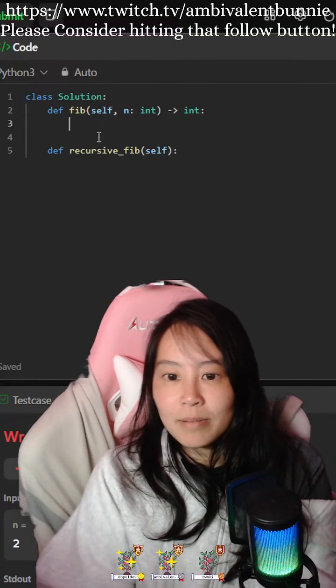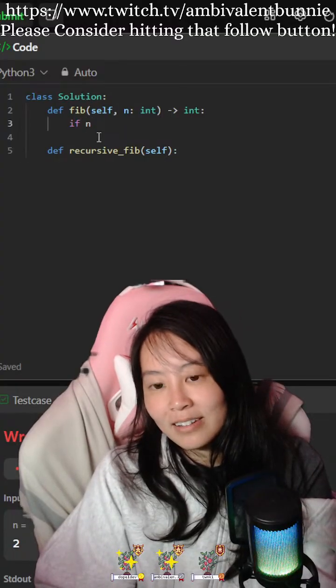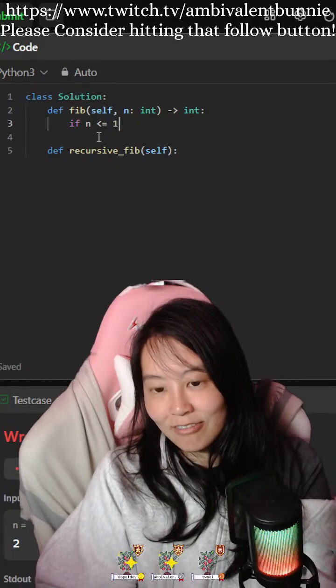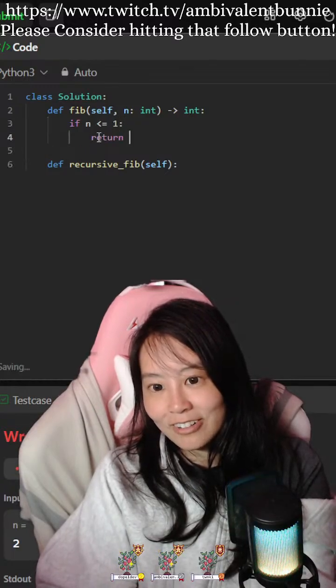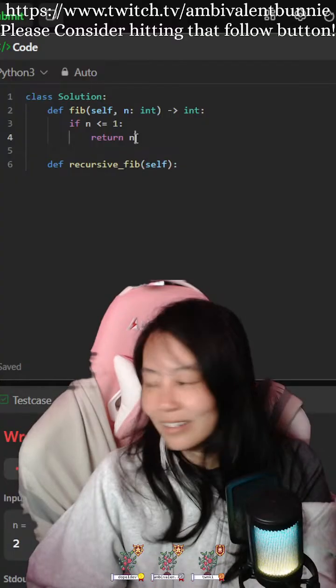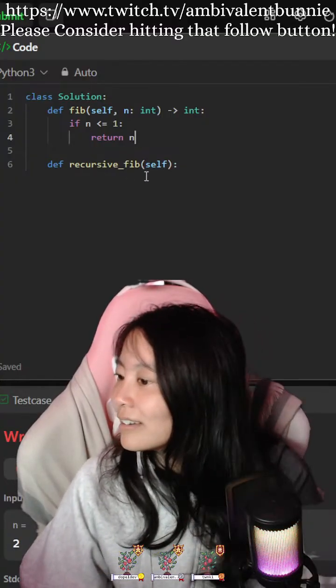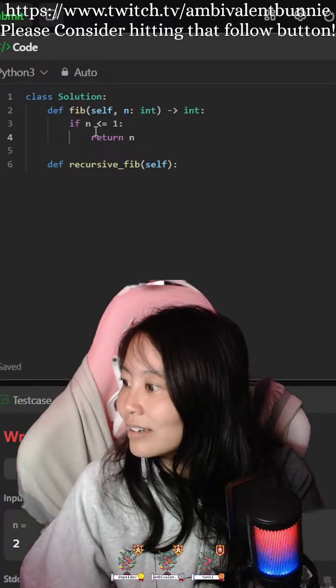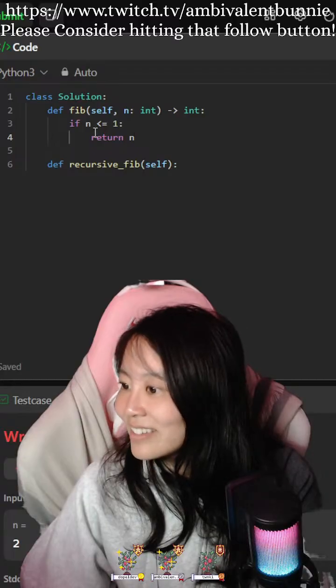Which I had up here, so it was if n is less than or equal to 1, right? Return n. Yes.